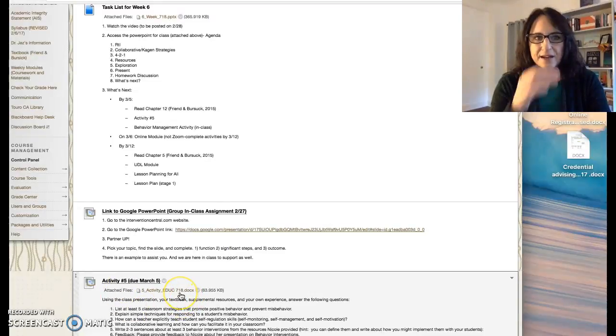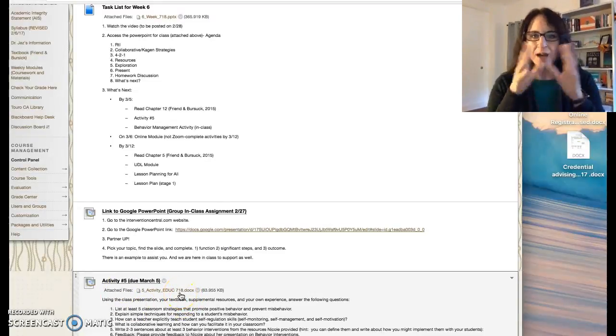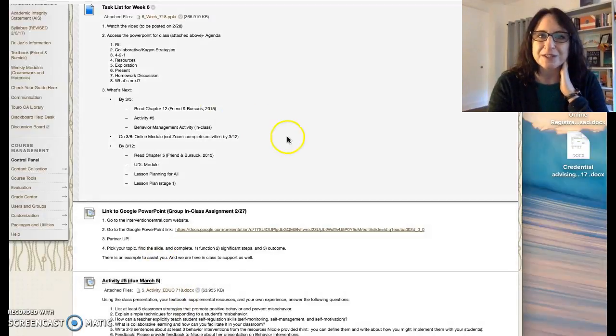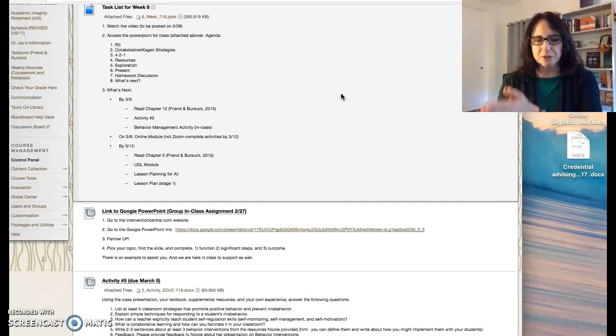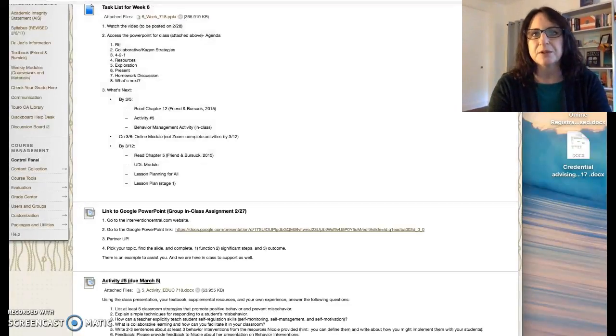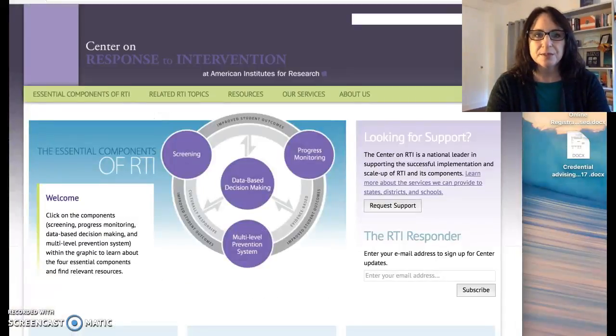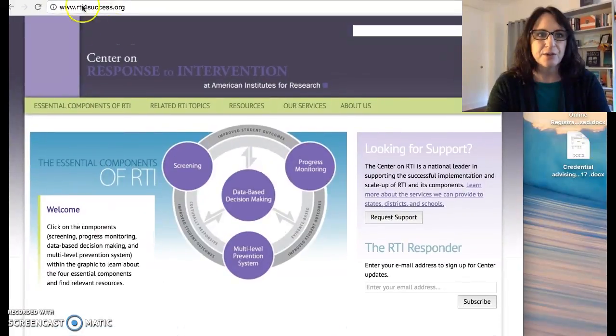Once again, I gave you the framework last night, the graphic organizer to take notes on, and the expectation is you use the notes from class, you use the textbook, and then you use your own experience to answer all of the questions. I just wanted to review some of the websites. So last night we looked at, I'll pull this down so you can see the URL,